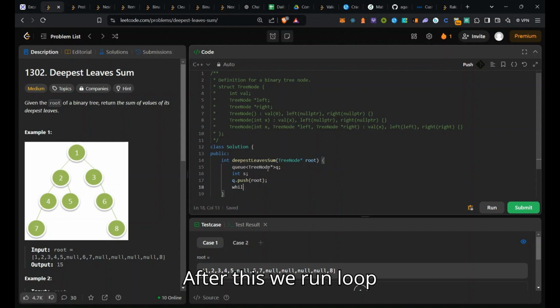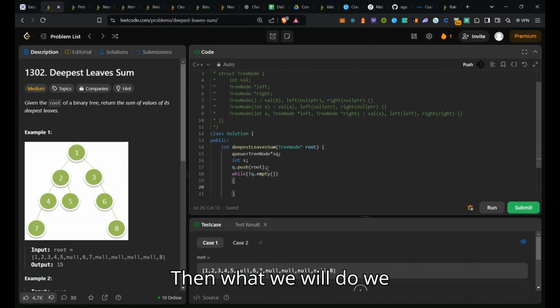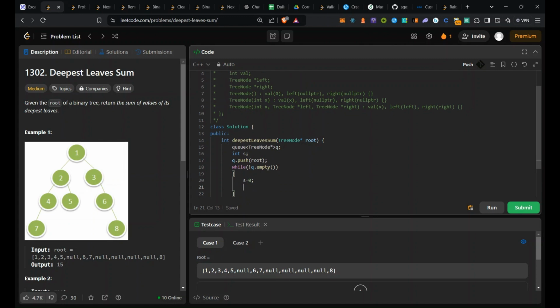After this we will run a loop until it is not empty. Okay, then what we will do, we will declare s equals to 0 and n equals to q dot size,